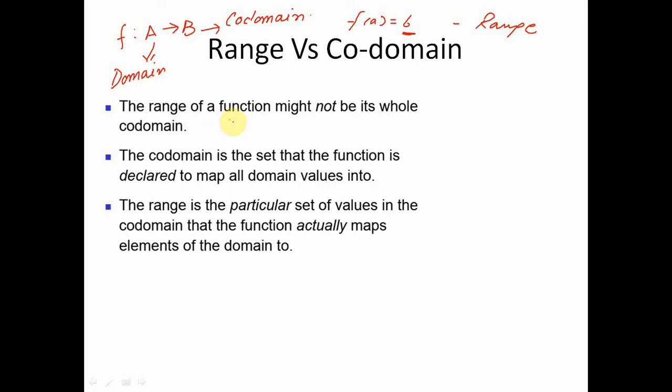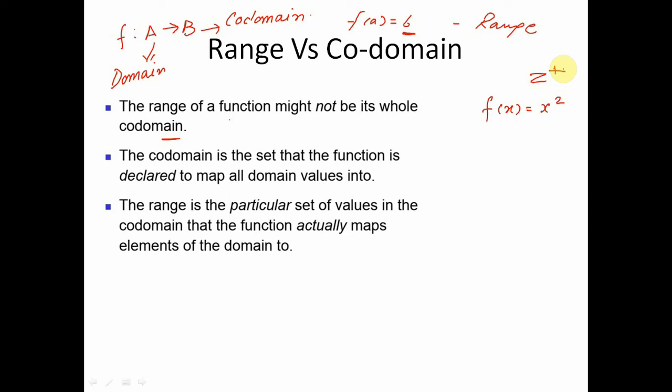The range of the function might not be the entire codomain. Say for example, we are defining a function on the set of integers. Let us say we are defining it as f of x is equal to x square. Now the domain of the function will be minus infinity to plus infinity, or rather let's do one thing. Let us make the things a little bit simpler and let us say we are defining the relation on positive integers. Now the domain will be 1, 2, 3, 4, 5, 6, 7, 8, 9, 10 and so on.